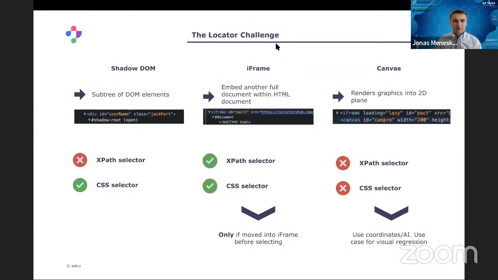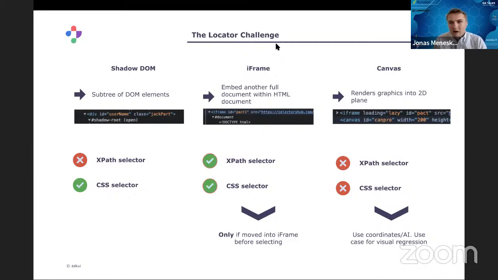You need some kind of Shadow DOM support in the no-code automation tool if the underlying application uses Shadow DOM elements. However, CSS selectors would work. So if you only use Shadow DOM and the no-code automation supports CSS selectors, then you're good to go, basically.